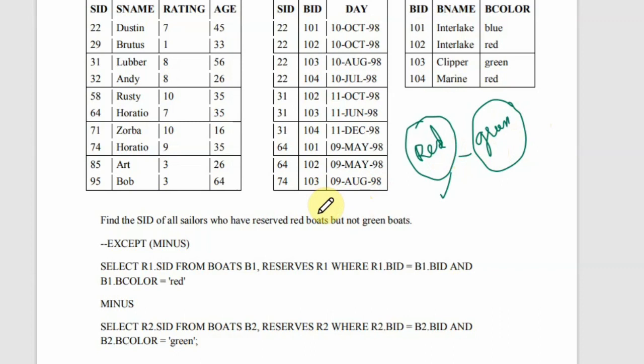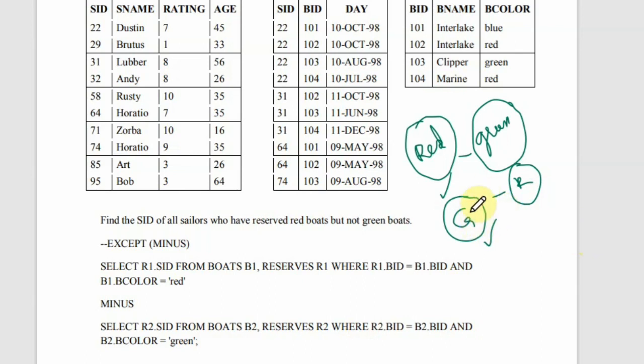If you want to find the names of the sailors who have reserved the green boat but not the red boat, then you put the green set first and then the red set later and perform the minus. So this will become the green set and this will become the red set. This will become the top query and the bottom query will be retrieving the red set. Now it will give me only the tuples that are there in the green set. Common tuples will be eliminated. Only the tuples which are in the green set will be retrieved. So that's the use of minus.